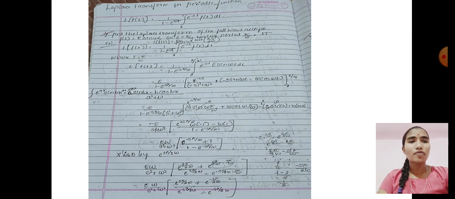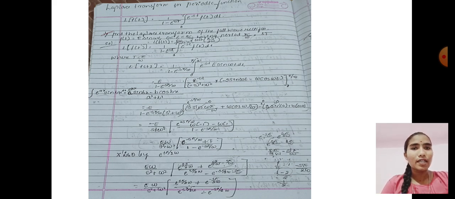Now we are going to solve our numericals. First question: find the Laplace transform of a periodic full wave rectifier. f of t is equal to E sin wt, 0 less than or equal to t less than or equal to pi by w, having period pi by w. Show that L of f of t is equal to Ew by s square plus w square of coth of